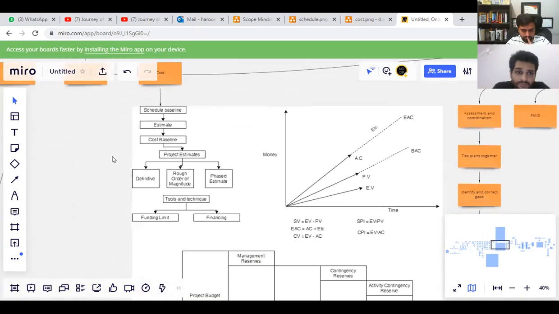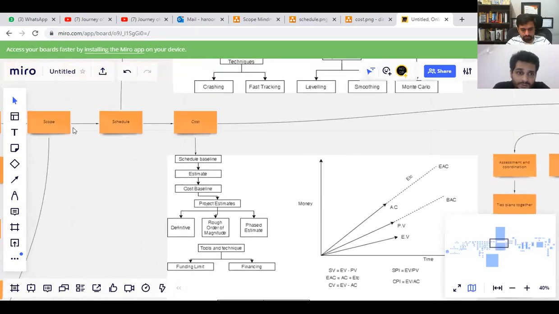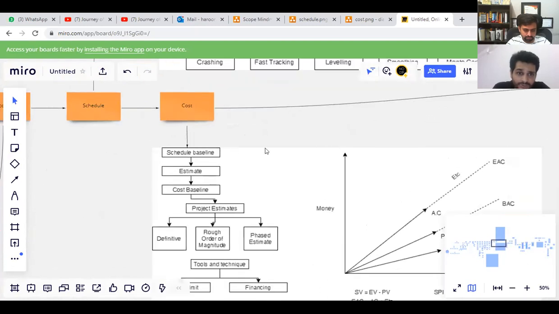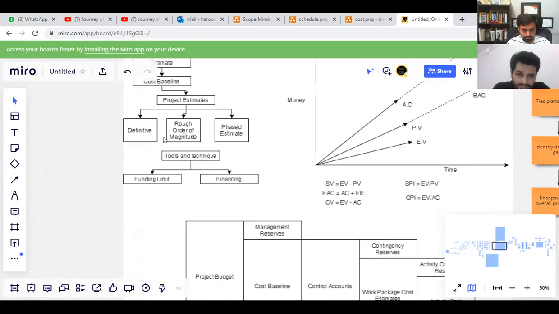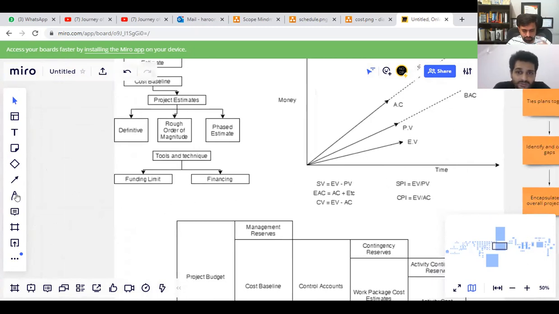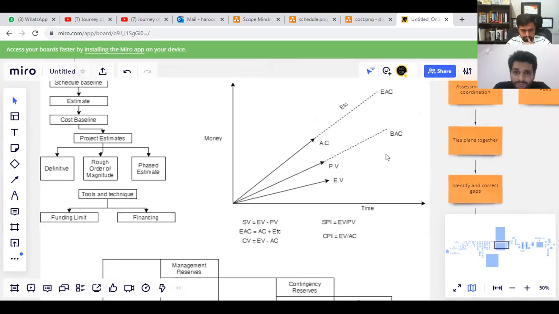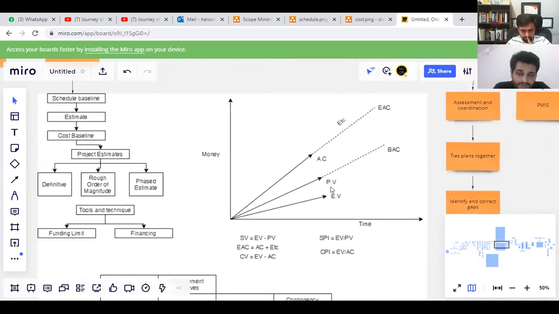The cost part is basically the last of scope, schedule, and cost. For cost, we make a schedule baseline and an estimated cost baseline. We make project estimates based on whether they are definitive, rough order of magnitude, or phased estimates. The percentage of their variance is defined in the PMI. Tools and techniques used: funding limit and financing, and this is basically a chart showing the actual cost, planned value,